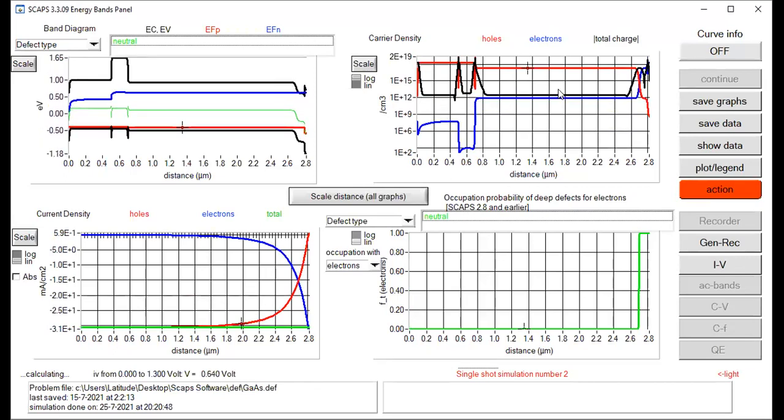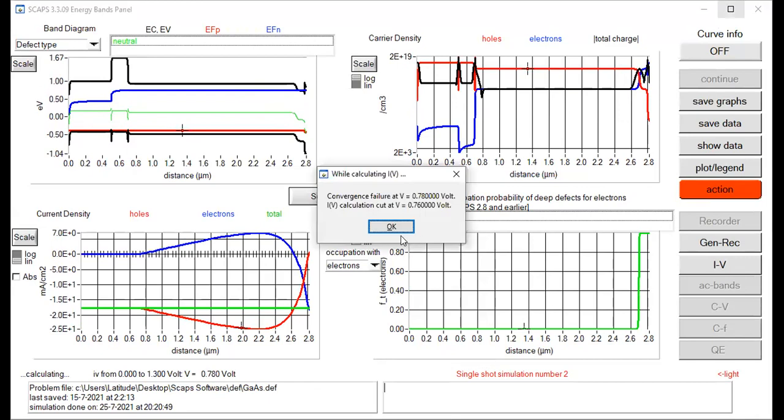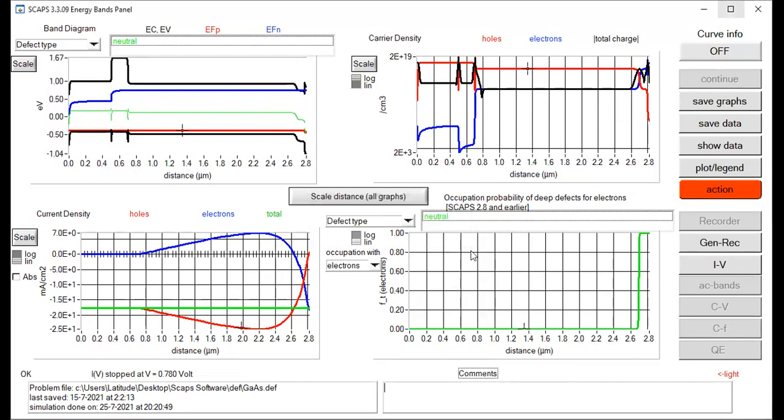One should keep in mind that there are different metals with different work energy functions that can be used as simulation parameters in SCAPS-1D, but they have different work energy function values. And we need to select such a metal contact that has a higher work energy function so that we can have better power conversion efficiency. So my simulation is being carried out. I need to show you.